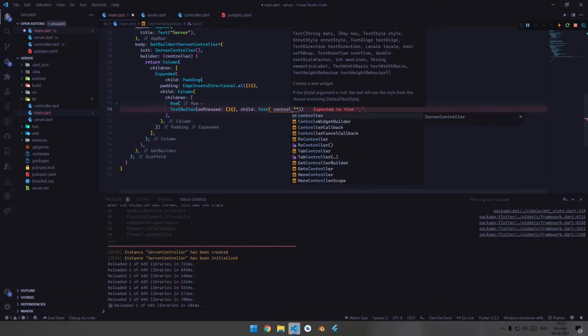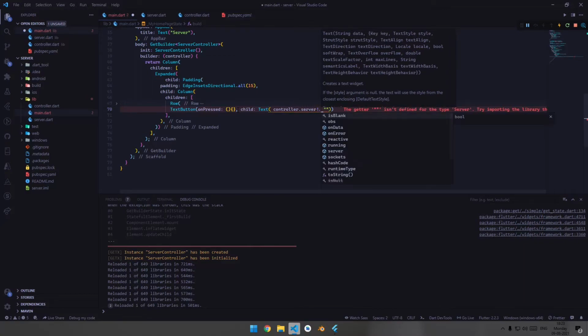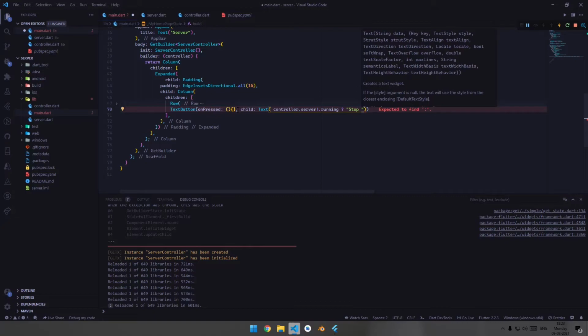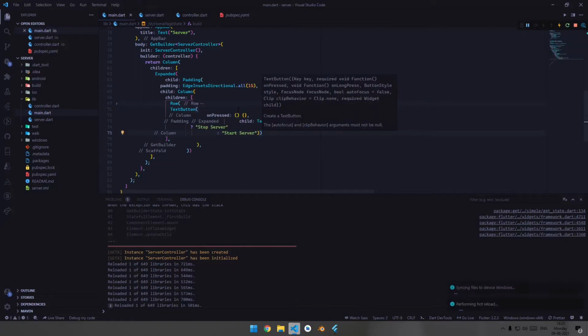If the server is running, controller dot server is running, we will display the text of stop server, else declare the text as start server. So now hit Ctrl S.